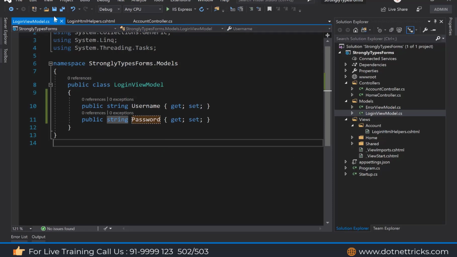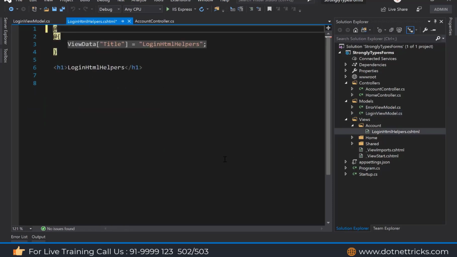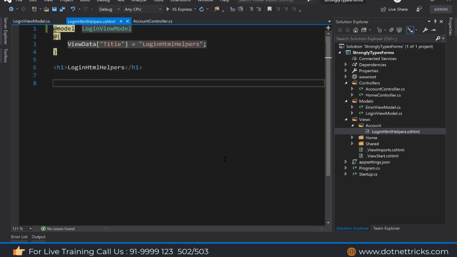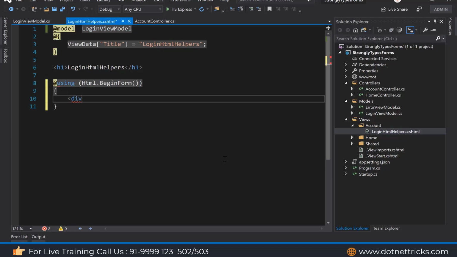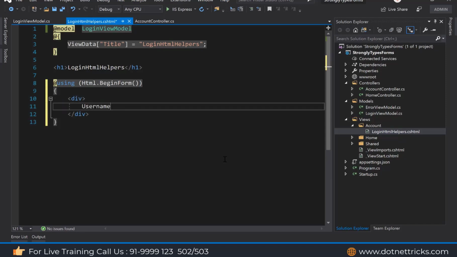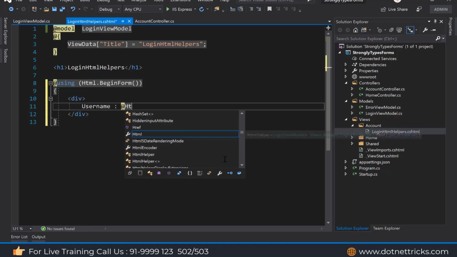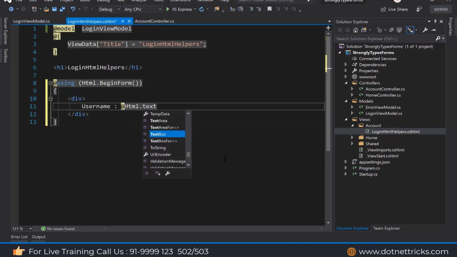Now let's make this view strongly typed by adding the reference of this LoginViewModel class using the @model directive. So LoginViewModel. Now this is a strongly typed view. Now I can create a strongly typed form with the help of strongly typed HTML helpers. So we use Html.BeginForm, and here I can create a div for the username, then @Html.TextBoxFor.